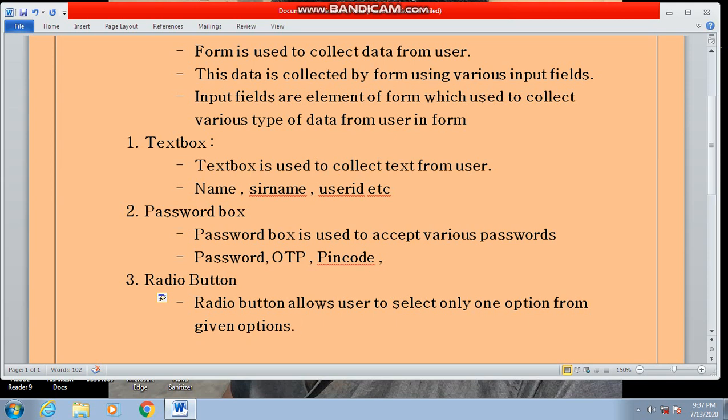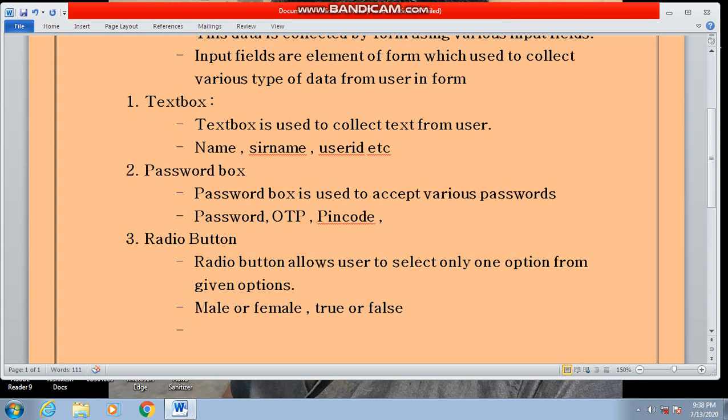A radio button cannot allow the user to enter data. It just allows selecting only one option from the given options. For example, male or female input, true or false input. In that way, a radio button works on the principle of selecting only one option from the given options.